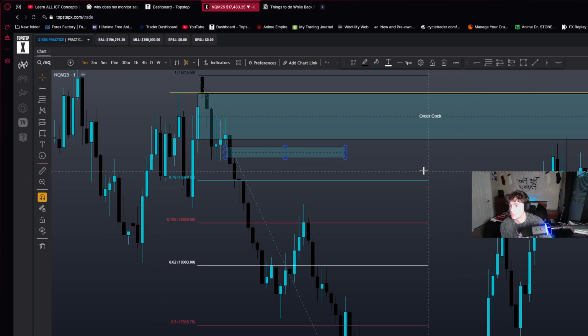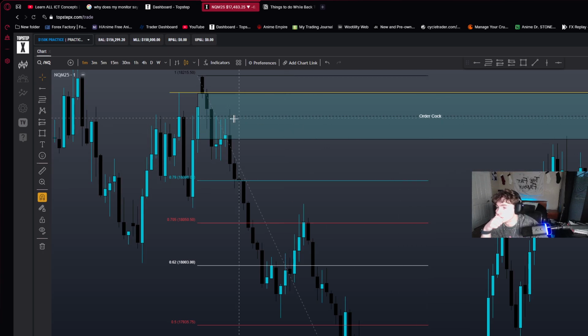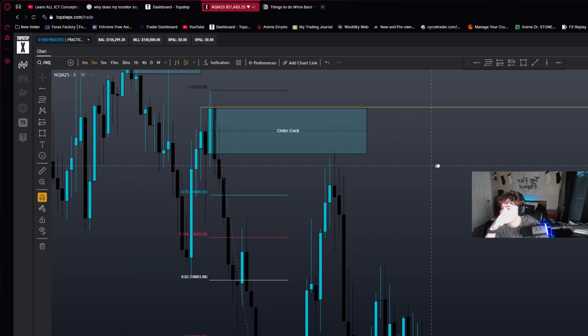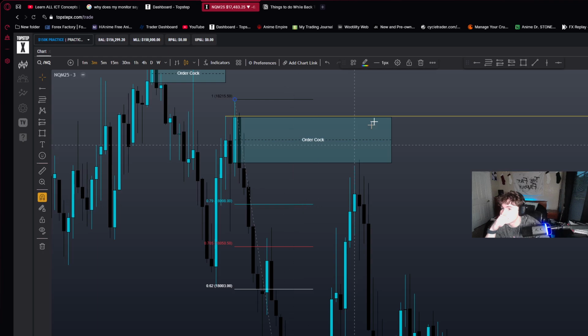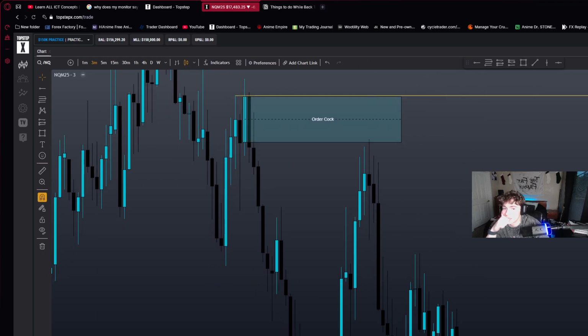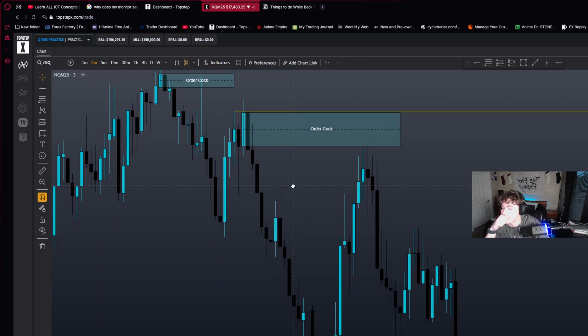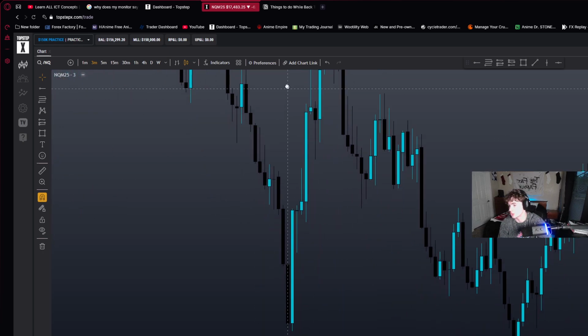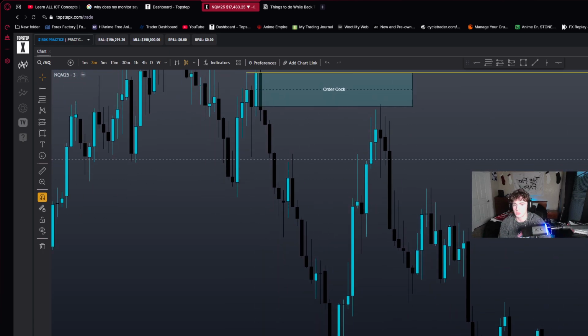I mean, jeez. It's just, there's no point in that. There's a lot of buying, there's a lot of selling pressure right here, so that kind of validates the order block. Value. I guess all you need is a lot of selling pressure out of an order block, and then wait for it to break structure. Label your OTE.